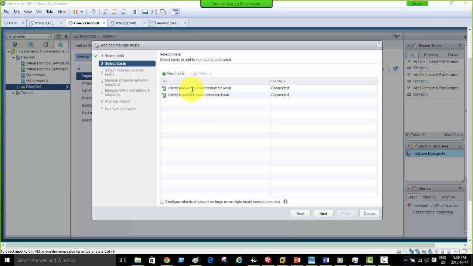This is not always the case in huge environments. In huge environments, some hosts have more network cards, some have fewer, some hosts need more port groups, some hosts need fewer port groups. So in case their settings are all equal, we click this option. If I click this option now and configure identical network settings, it will ask